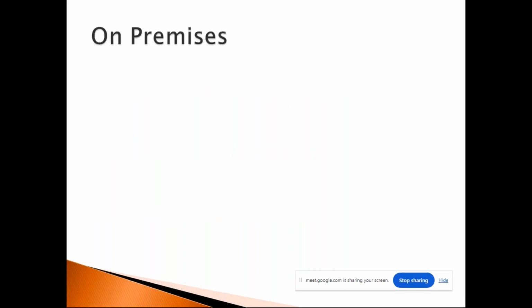So I told you there are two types of data centers: on-premises data center and cloud data center. Let us come to on-premises data center. You want to start a physical data center. Then I need networking like switches, routers, and storages, SAN storage, NAS storage. SAN, NAS come under storages.